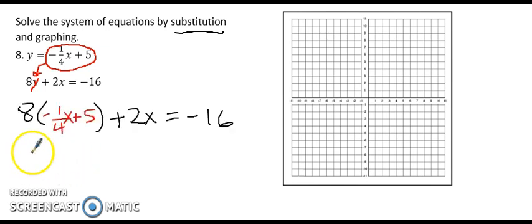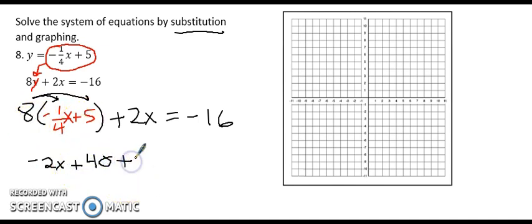Okay, so I've substituted one equation into the other, and now I have an equation that only has x in it. I'm going to try and solve for x. First, by distributing the 8. I distribute the 8 to the first term, negative 1/4 x, and I have an 8 over a 4, which is a 2. So that gives me a minus 2x. And then 8 times 5 is 40, and then plus 2x